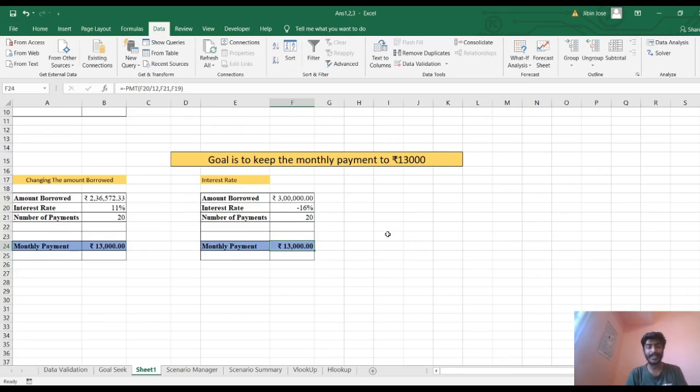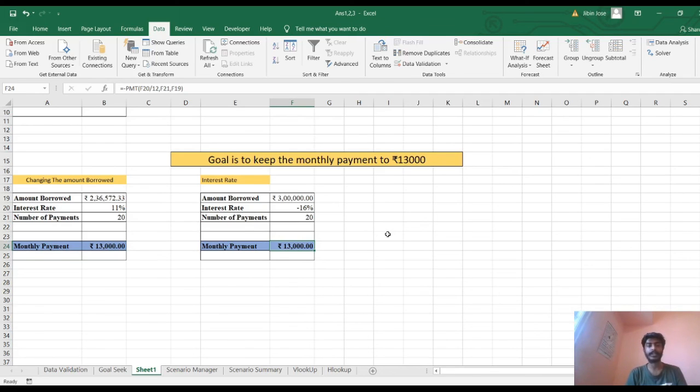So this is a very easy tool that you can use in MS Excel, but several people don't know about it. It can help you in estimating any value. While you're purchasing a car, you can estimate a value, or in the same scenario, if you're getting a loan from any bank or cooperative society, you can estimate with your monthly budget. And this is very easy, rather than taking a pen and paper and working it out. It estimates the goal as per your wish in a fraction of a few seconds.